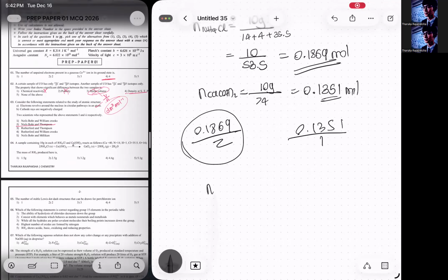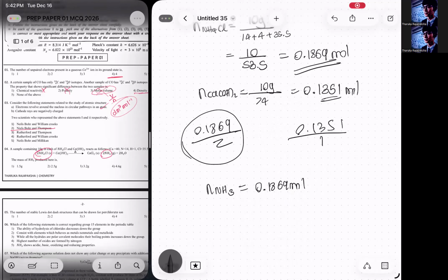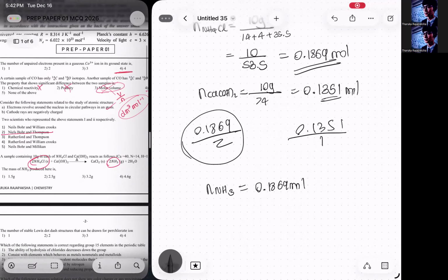So the number of moles of ammonia that is formed, you have to take from ammonium chloride. Now 2:2, that's a 1:1 ratio, so the same amount of moles will be formed. So 0.1869 moles of ammonia will be produced. Now what you have to do is multiply this by the molar mass of ammonia. Molar mass of ammonia is going to be 17 grams per mole,